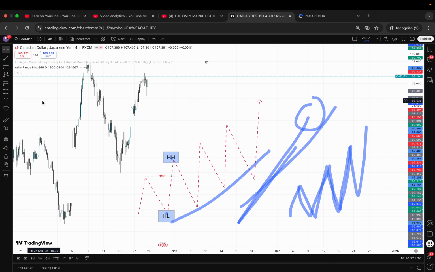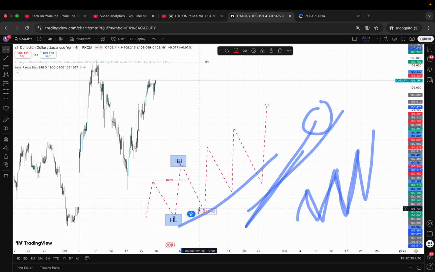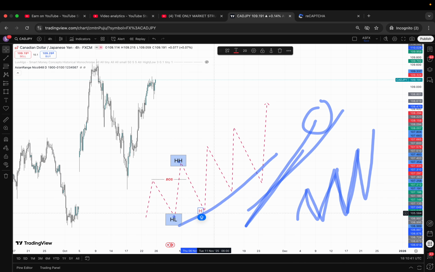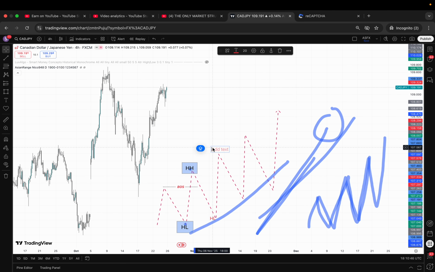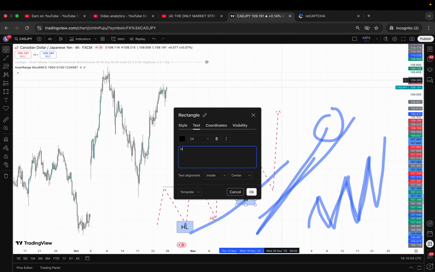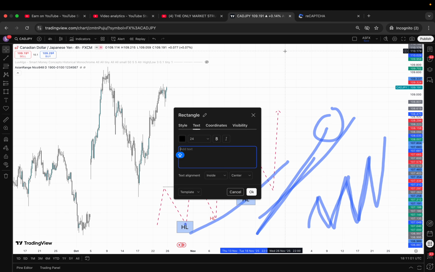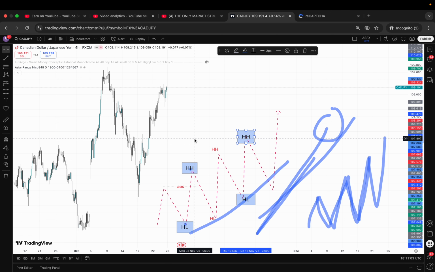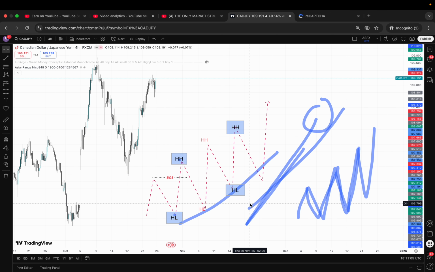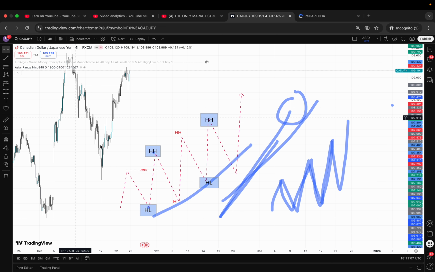Okay? We go again. Higher low. Higher high. We go again. Higher low. Here again, higher high. Why am I putting higher low and higher high? Because whenever